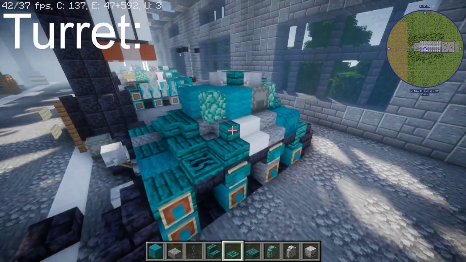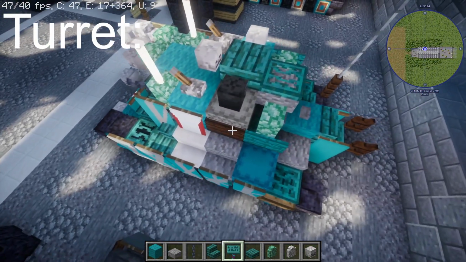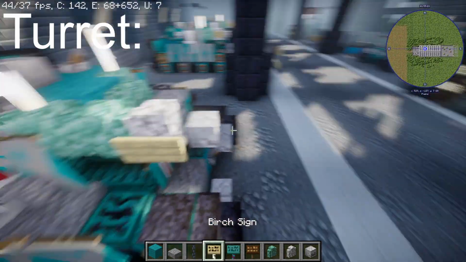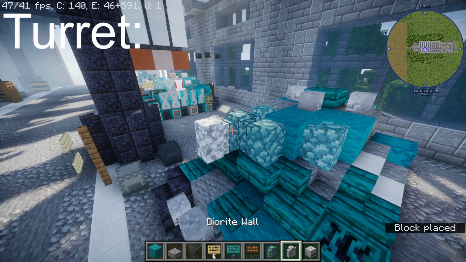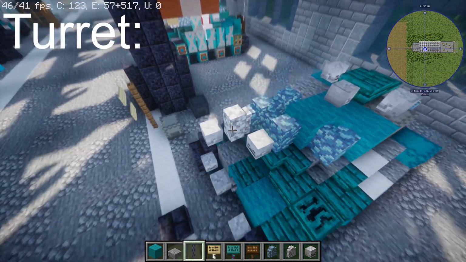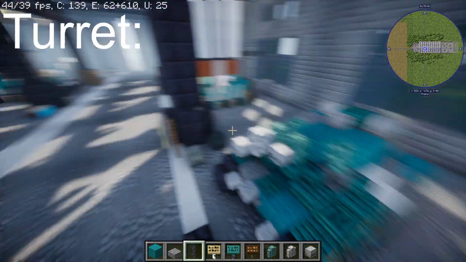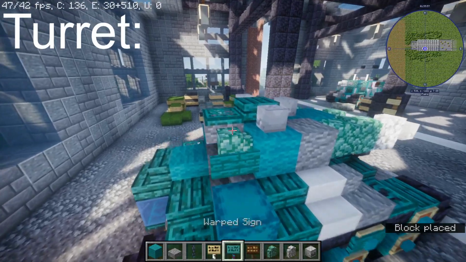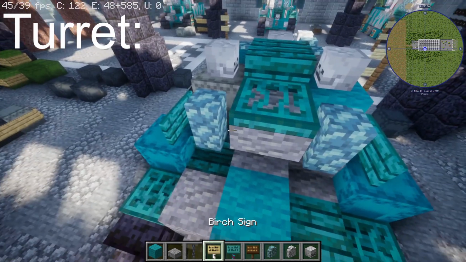And we'll be adding the... Actually, I'm just gonna be knocking this out here. Alright, there we go. So at the front, 1, 2, prismarine wall, then a diorite wall, then a skeleton skull, another skeleton skull, then a chain for the machine gun. And then a warped sign on the back,